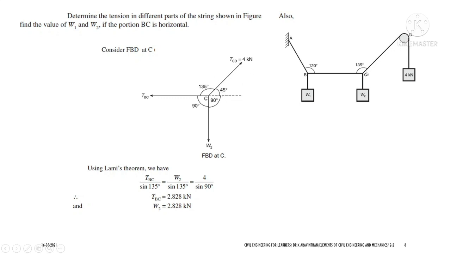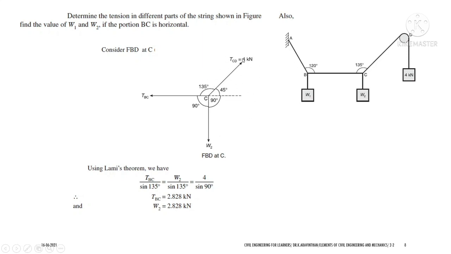You know that the member which is connected at point C has a pulley, and it is hung by a 4 kilonewton force. So the whole member is joined at point C. The pulley is not the point where it takes load, it just transmits the load. That is why between points C and D there is a force of 4 kilonewton. So anywhere between C, D and this force, you will have the same tension. That is why TCD is written as 4 kilonewton.